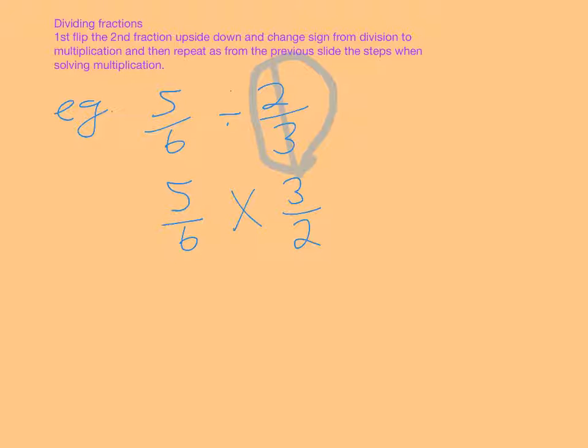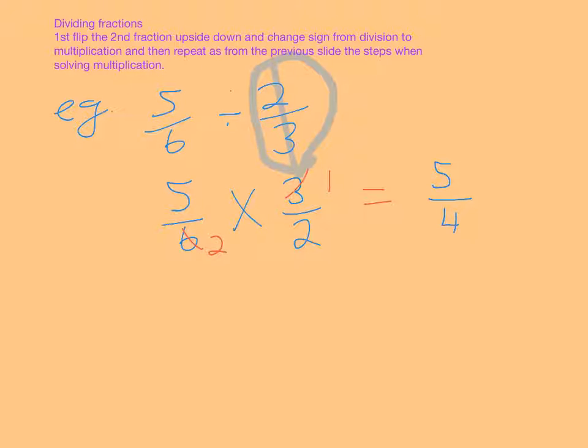So the 5 can't go into the 2 on the top and bottom, left and right, but on the top 3 can go into 6. So 3 goes into itself once, 3 goes into 6 twice. So now I just tidy up the top. So tidying up the top, 5 multiplied by 1 now on the top is 5, and 2 by 2 is